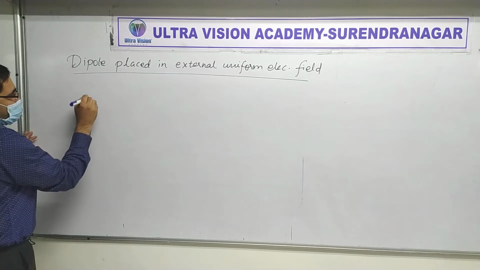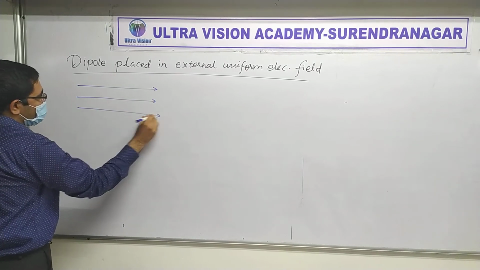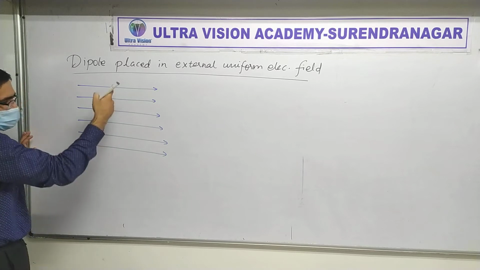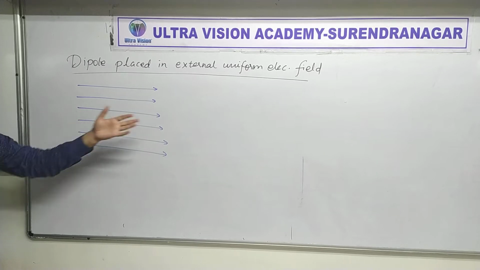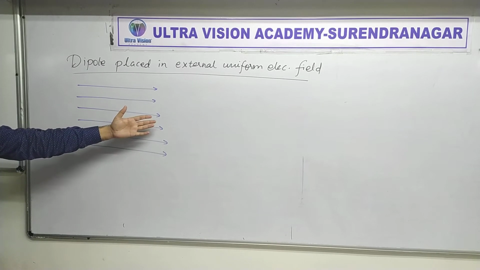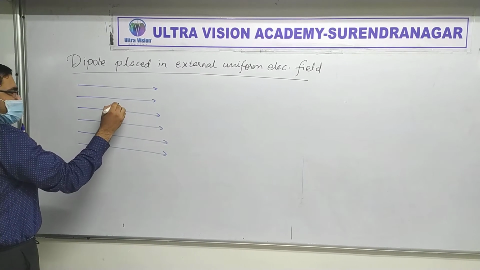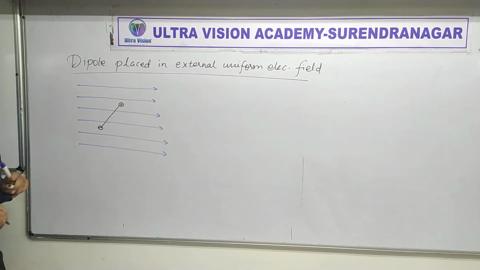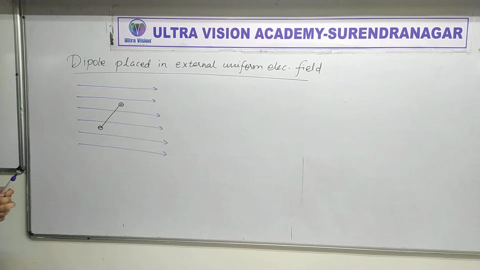Okay, so here's the diagram. Suppose that this is some electric field which is uniform and it's towards the right hand side. See, I'm being a little careful to draw the diagram because that's how uniform field should look like. Isn't it? Electric field lines like that, parallel to each other and equidistant, right? Now, inside this, suppose there is a dipole placed. So here is, let's say, the positive charge, and here is, let's say, the negative. As usual, the length is 2a. I am not showing it here. The diagram becomes very untidy if we show it here. So this is the diagram.